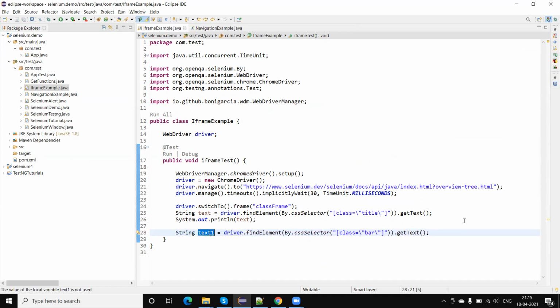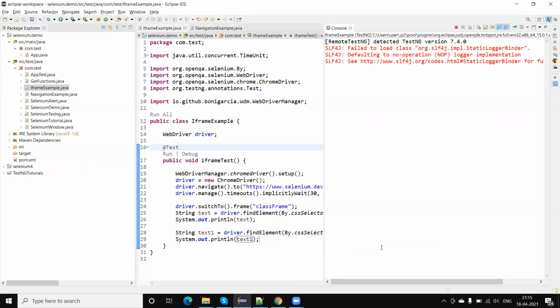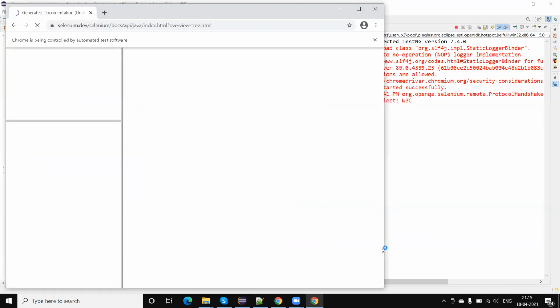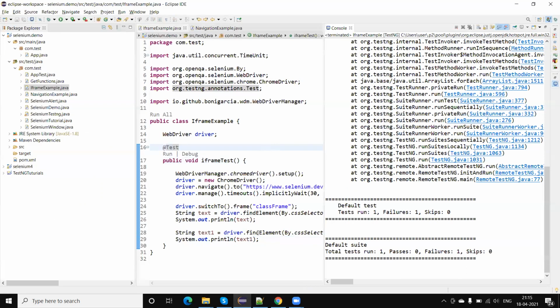And let me print this, and now I'm going to run again. In that case, we will again get the element not found exception for the second element.